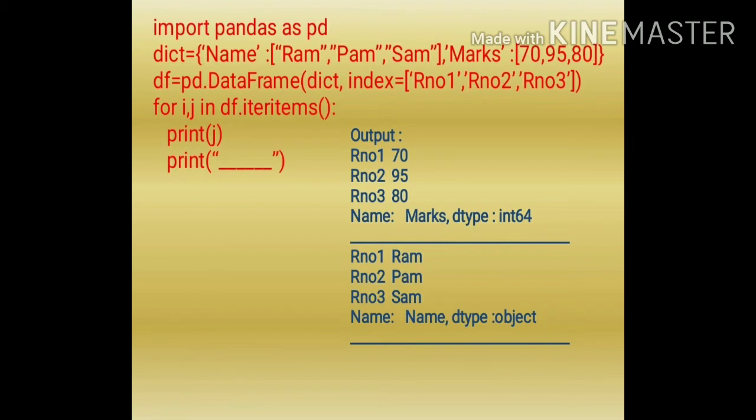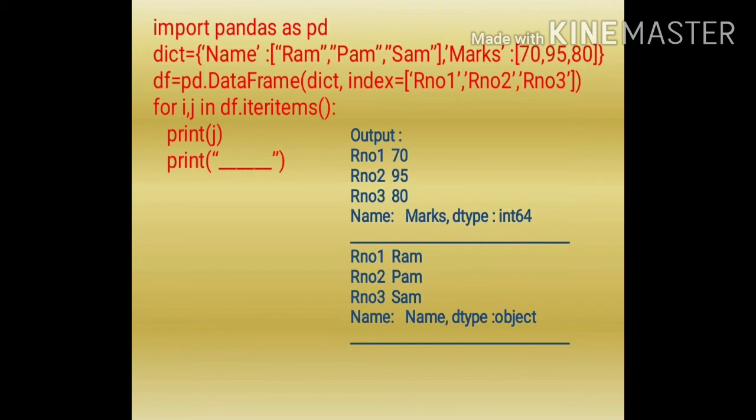For the first time when we are printing j, row 1 70, row 2 and row 3. Name, marks. Name is the heading of the column. Then dashes will be printed. Then again we will go up. Now the loop is going the second time. When the loop is going the second time, the second column will be displayed, with its index. So the index is RNO1, Ram, RNO2, Pam, RNO3, Sam, and then the name of the column, which is name, and its